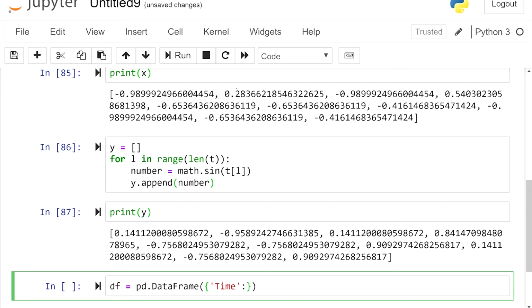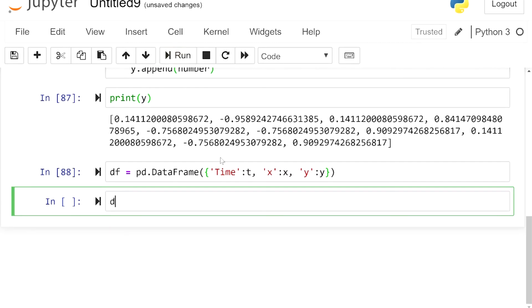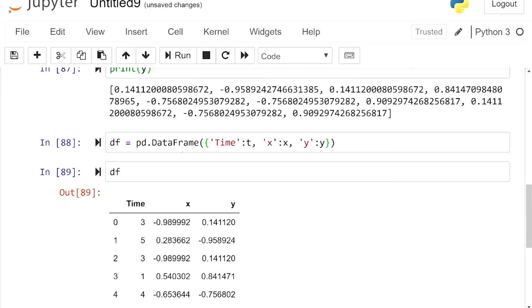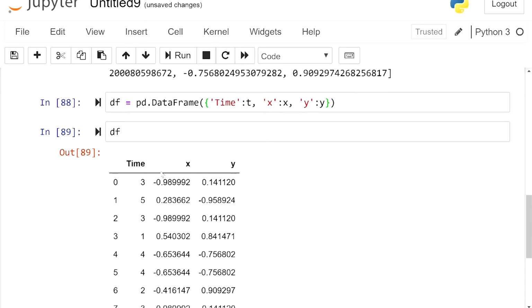We use colon to assign value, which is t, then comma. The second column is x, and its value is variable x. And the last column is y. Its value is y. Let's run this, and then when we print,